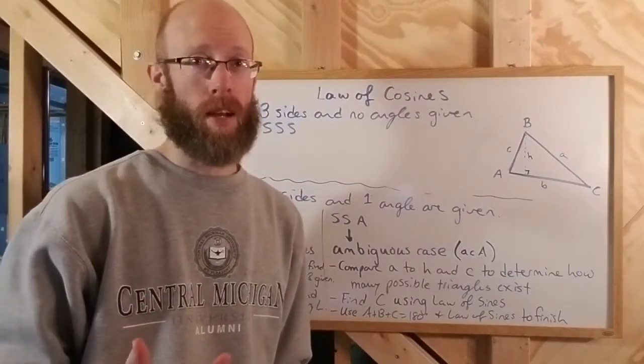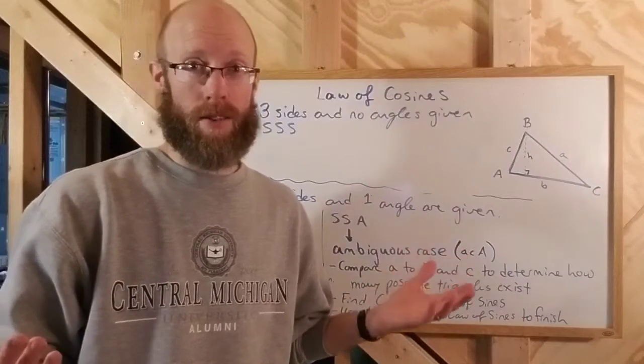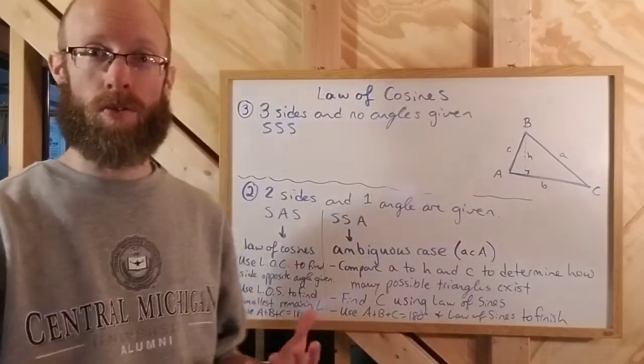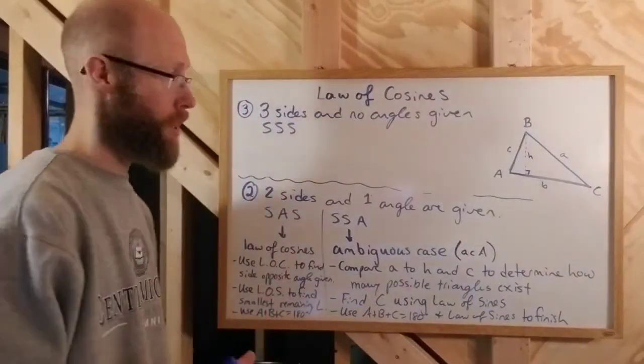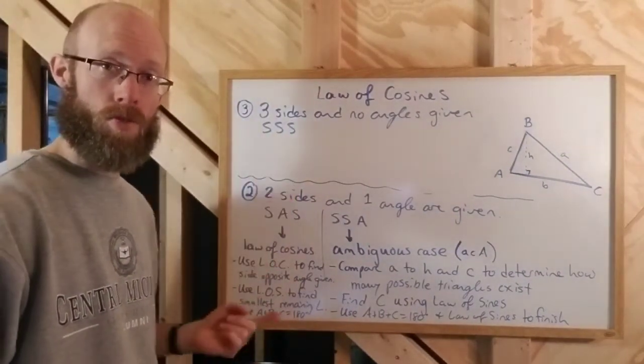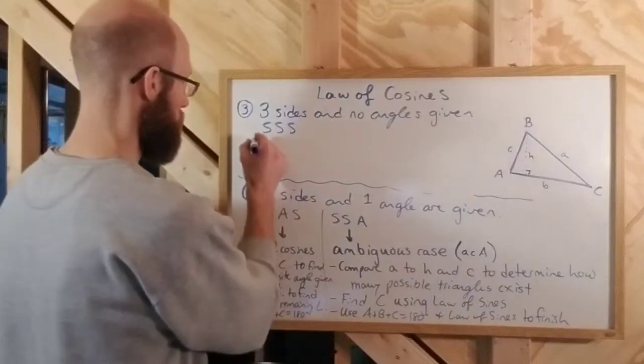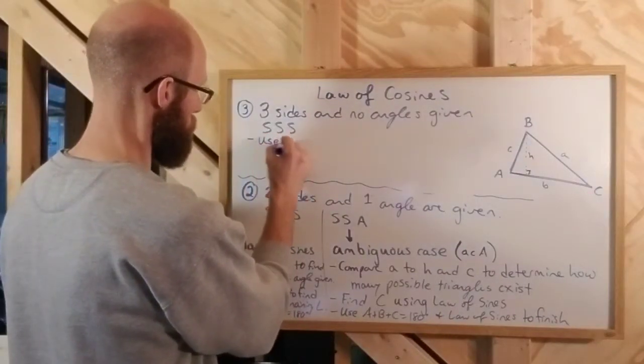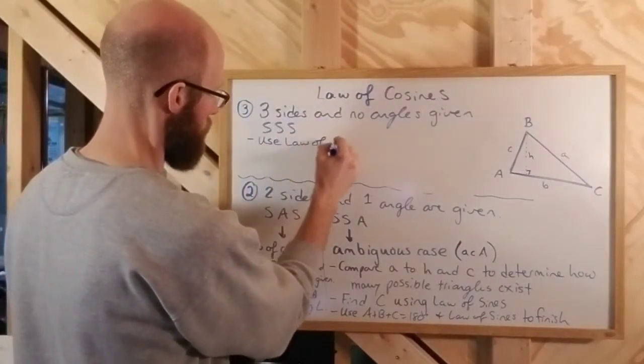You also can't use the angle sum formula because you don't know any of the angles, let alone two of them. You have to have two of them to get the angle sum formula to work out. So, with side, side, side, the only possibility left is to use the law of cosines. So, use law of cosines